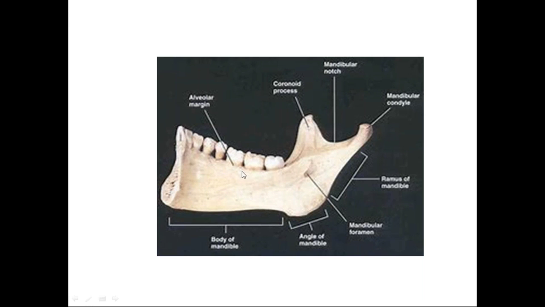Now the alveolar border or upper border towards the inner surface is associated with the next nerve, that is your lingual nerve. The lingual nerve is a nerve of the posterior division of the mandibular nerve. So here you have the lingual nerve. Here you have the auriculotemporal nerve, which supplies secretomotor fibers to the parotid gland. Then the inferior alveolar nerves and vessels. Through the mandibular notch, you have the masseteric nerves and vessels. Behind the mandibular foramen is the mylohyoid line through which pass the artery and nerve to the mylohyoid.